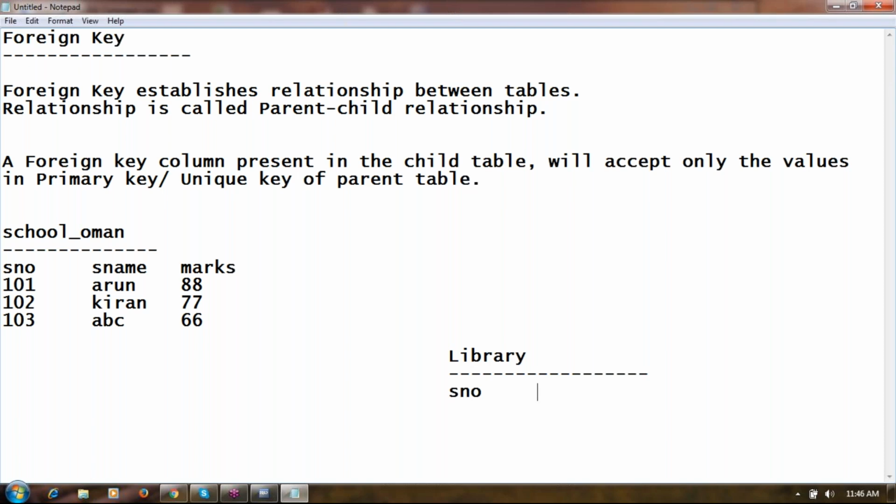If any student borrows a book, the job of the librarian is to enter which student has borrowed the book, and the name of the book. Is this clear?